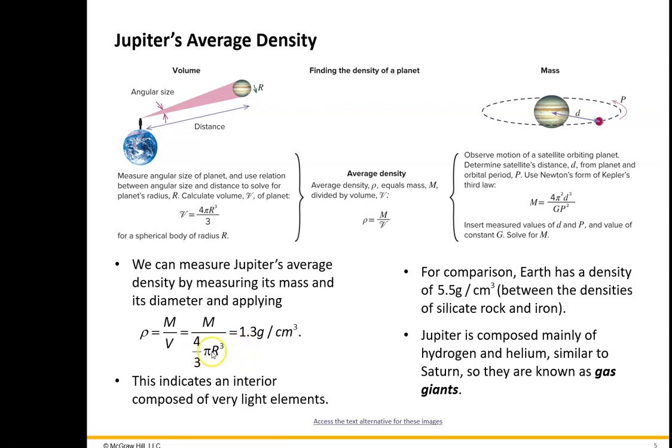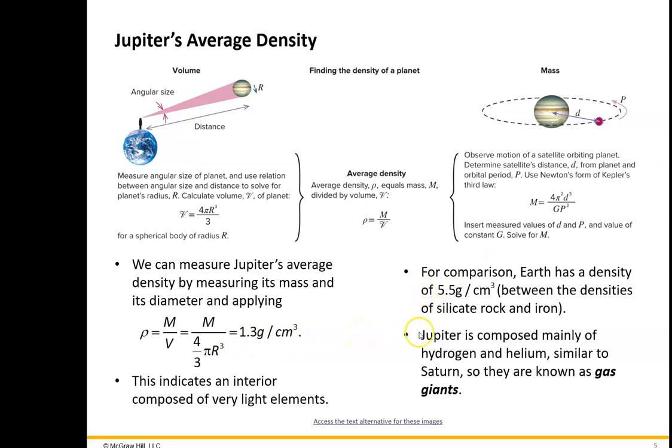And we do the rate, you've got to change the radius into centimeters, and then you cube it. The mass has to be in grams. All right, so it's as I said before, about 1.3 grams per cubic centimeter,